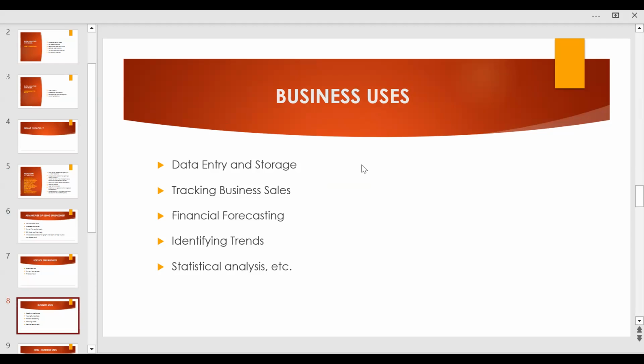Or I'm getting data from a database, from different sources, maybe from sheets, from CSV, those are secondary sources. You can also use it to track your business sales, to look at how you are doing. You can use it for financial forecasting, for identifying trends. You want to look at what is the average sales, what is the latest sales, what is the average monthly sales, what is the minimum, what is the mean, and for statistical analysis, you want to look at regression,